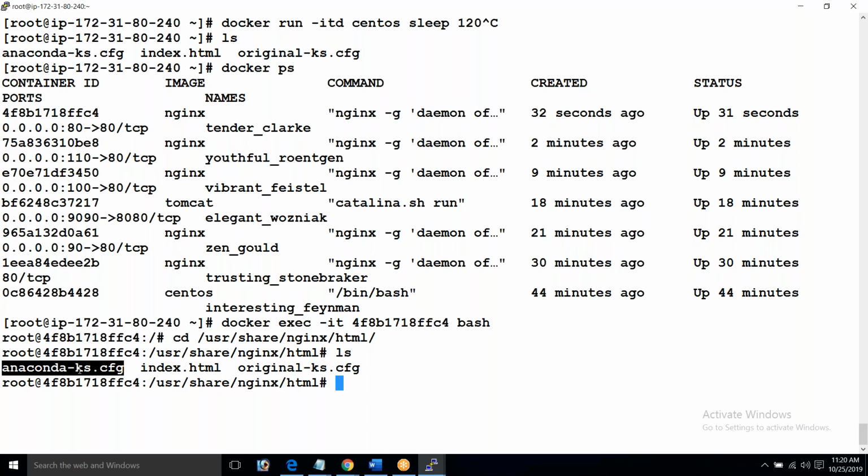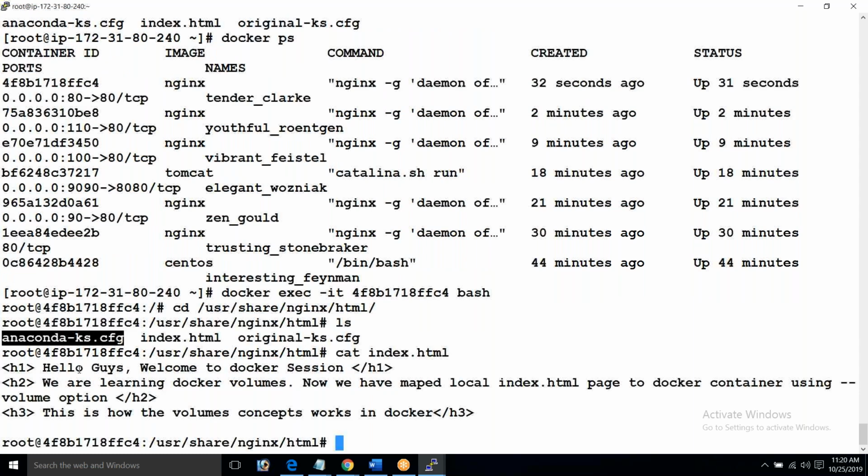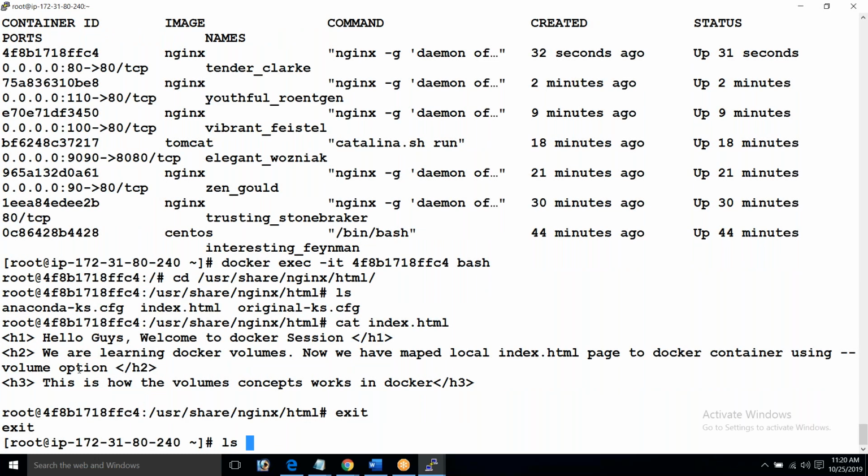Where this is, and if you see this, cat index.html, I got this message as well, but it is not able to read. Reason? It is because of the permissions. ls -ld.